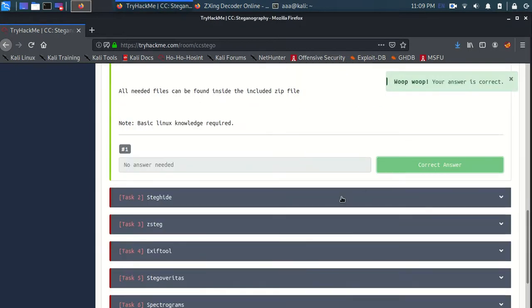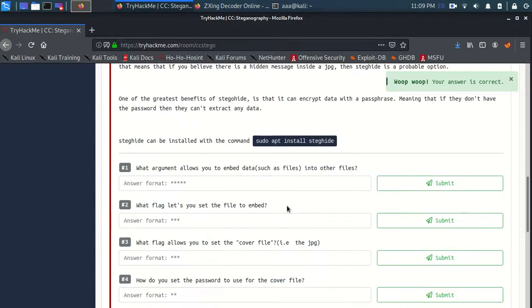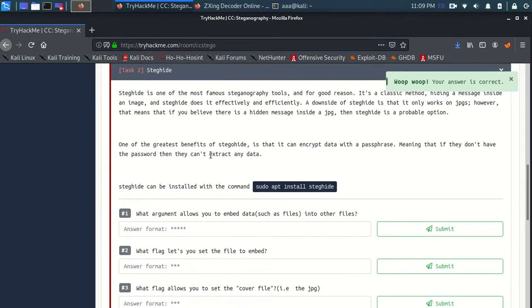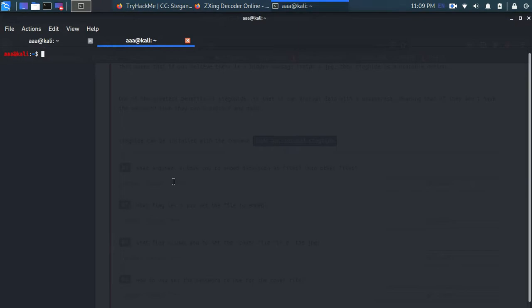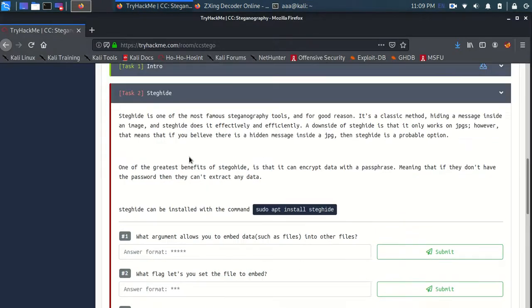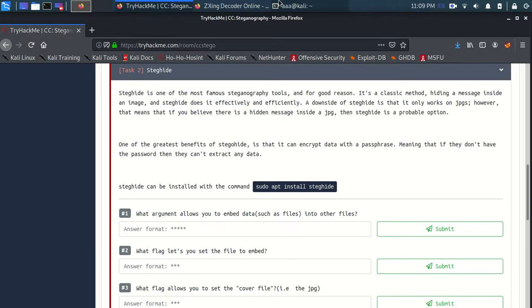Okay, so the first tool we'll be covering is StegHide. StegHide is used to find hidden messages inside JPG files. Let me go to the terminal, and with this command you can install StegHide. Let me open my terminal right now, and firstly let me look at the sample images that we are going to work with in this video lecture.